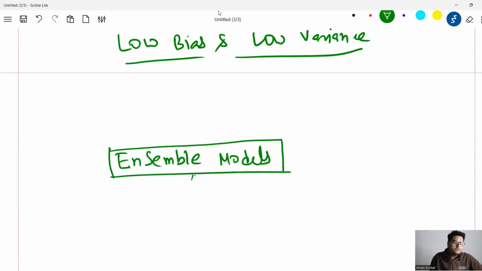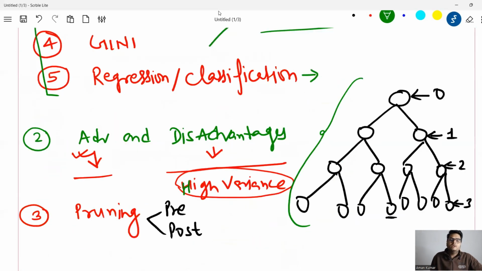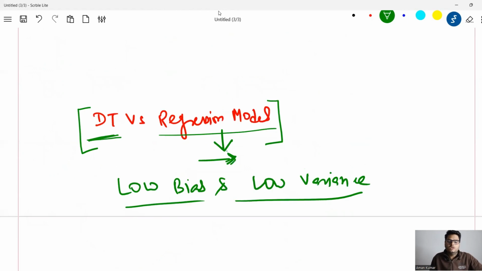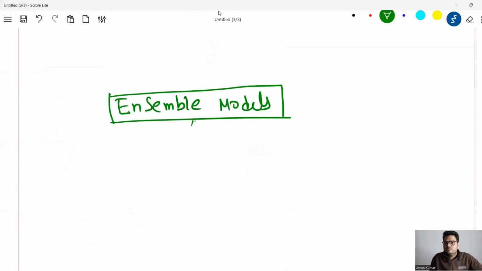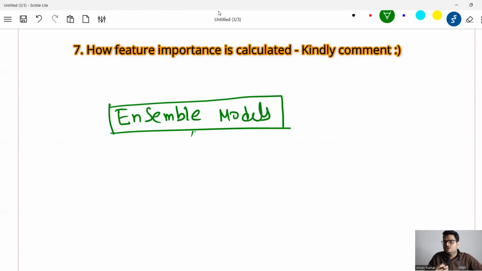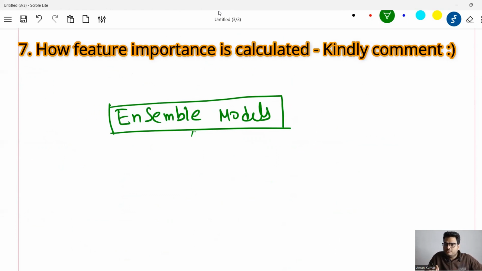Okay, so what all we discussed here, guys, multiple questions. How a decision tree works, what are the advantages and disadvantages, how do you prune the tree, how do you control overfitting, what is the difference between regression and decision tree, how do you achieve low bias and low variance, and what are the advantages of using ensemble models. So these are some 7-8 questions where they will check your concept. You have to explain in the same way I have explained, in a confident way, and that is a good way of explaining it.